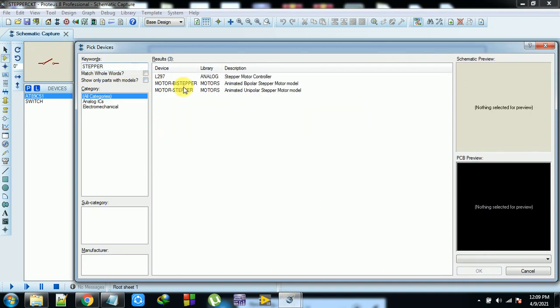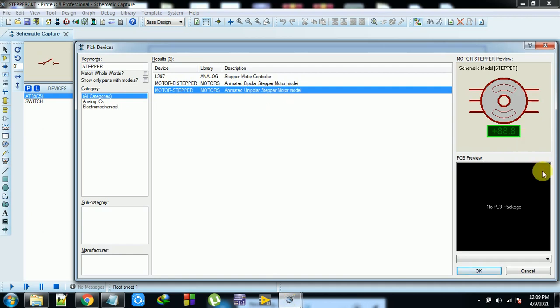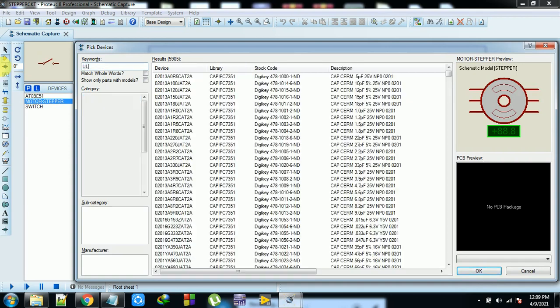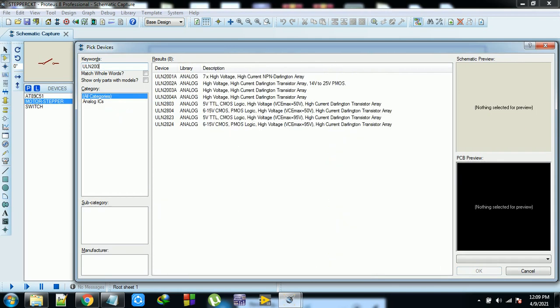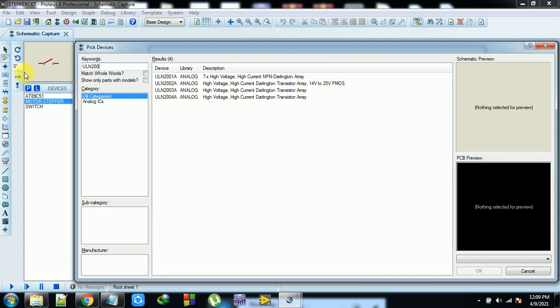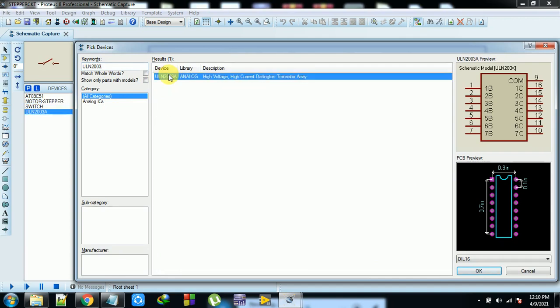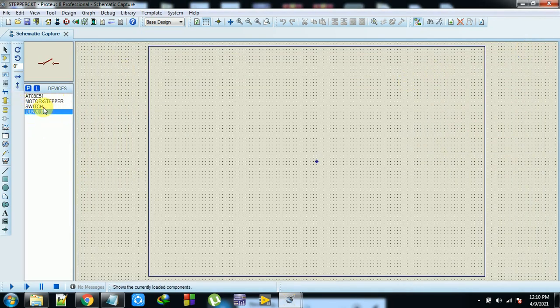One stepper motor, the unipolar stepper motor I am taking. Next one more thing, ULN2003. So these are the things that I have.